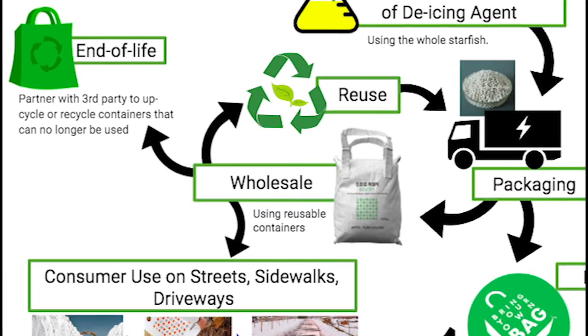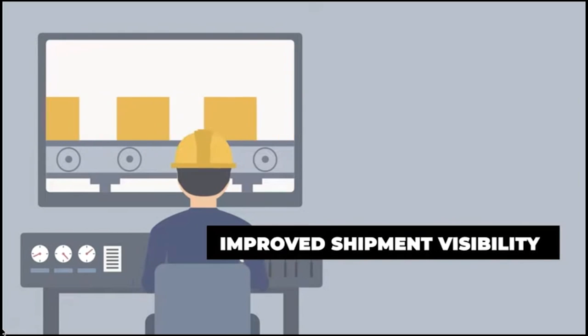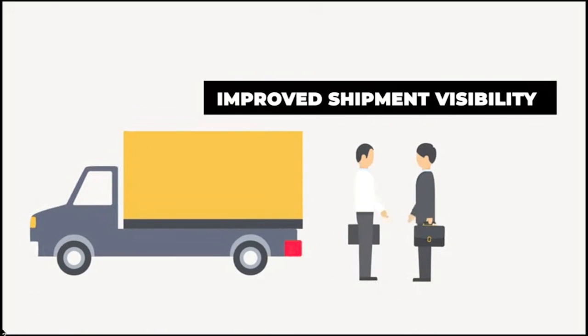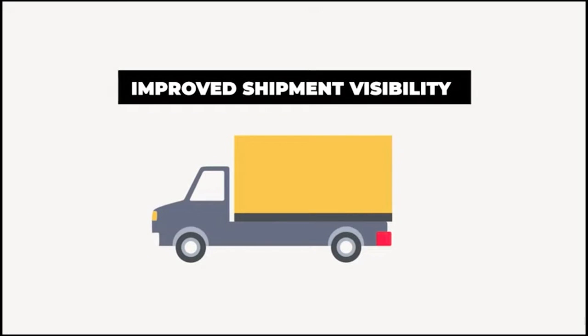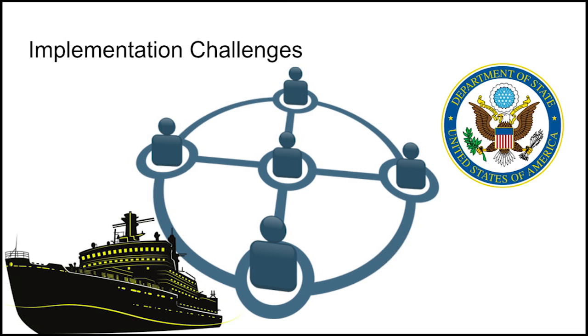Packaging. In an effort to design out as much waste as possible, we would use materials that can be reused or recycled for future distribution, creating a zero-waste system. The consumer could store the containers and send the collected packaging in bulk to save time and resources. When the packaging has reached its end-of-life use for the starfish deicer, we would partner with a third party that could possibly upcycle or recycle the packaging back into raw materials that would be able to be used again. We feel that it is our kuleana to reduce the social cost of our packaging by reducing the pollution it could cause by not being properly handled.